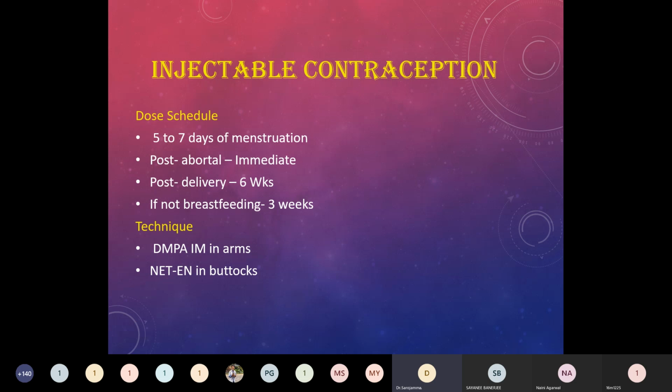And the injectable contraception schedule is they can start from day 5 to day 7 of menstruation, and immediately post-abortion, post-delivery up to 6 weeks, and if breastfeeding, not within 3 weeks. This is similar to progesterone only pills which are given in the lactating woman. DMPA, that is depomedroxyprogesterone, is given in the arm, and the other is given in the buttocks because the dosage is